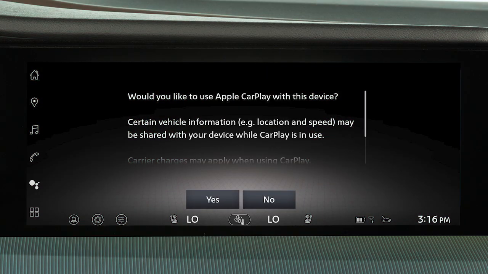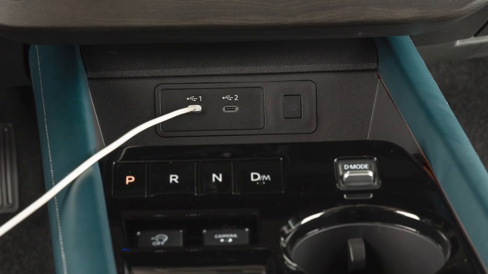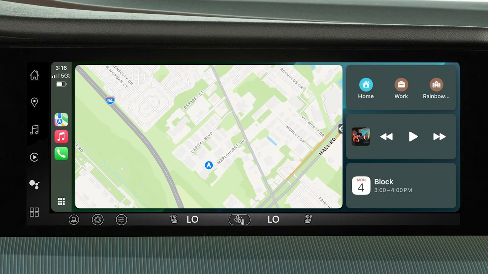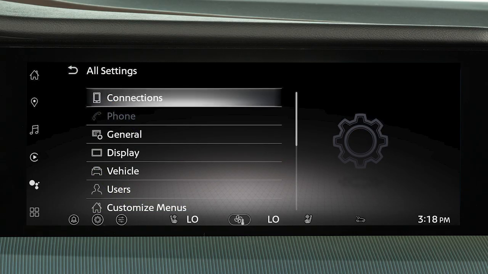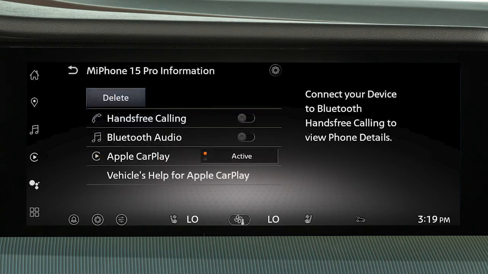A notification will appear on your vehicle's screen. Touch Yes to use Apple CarPlay. If wireless connection is not available, connect your iPhone using the cable that came with your phone to one of these USB ports. To disable or enable Apple CarPlay, touch this icon, touch Connections, Device, this information icon, then Apple